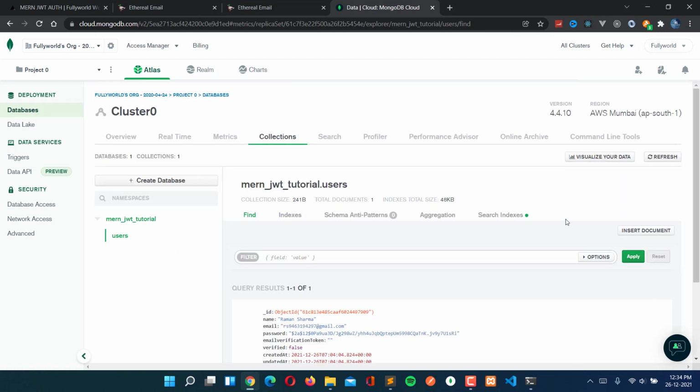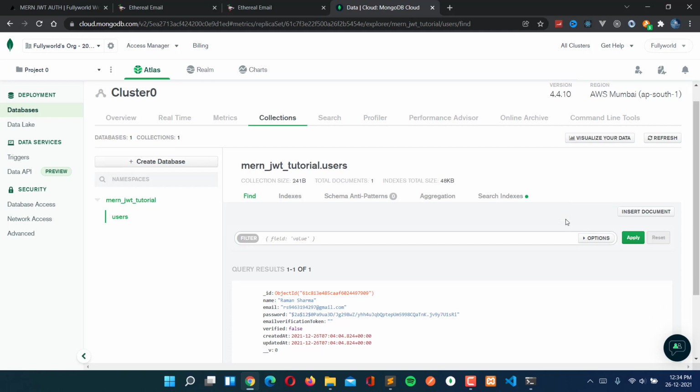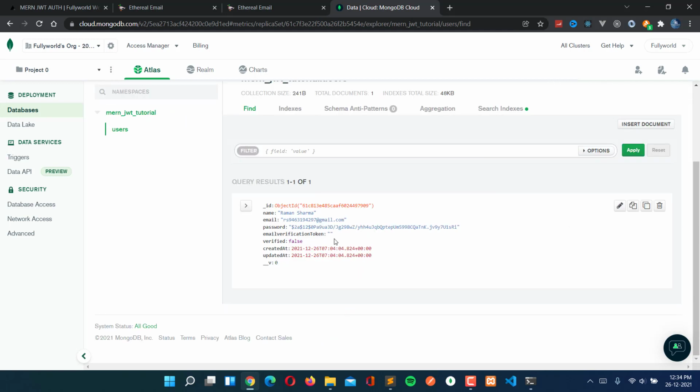Here we have the email, we don't have any email verification token because we are not using it, and verify is equal to false.